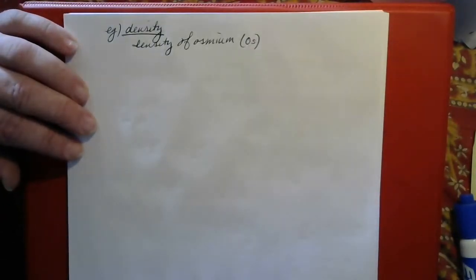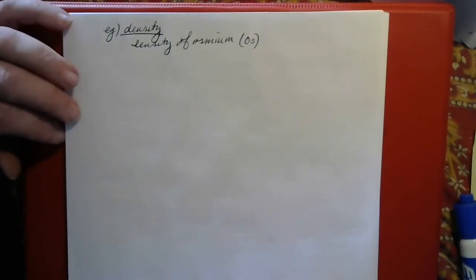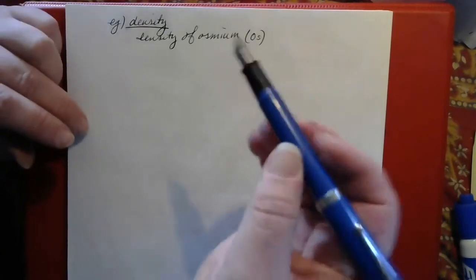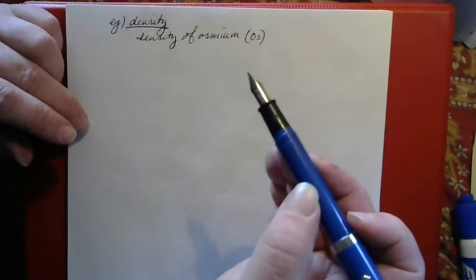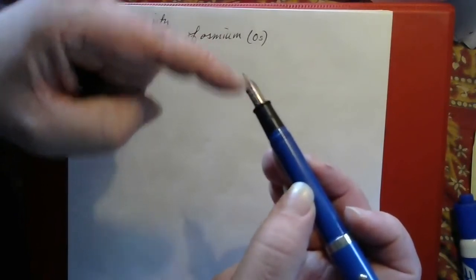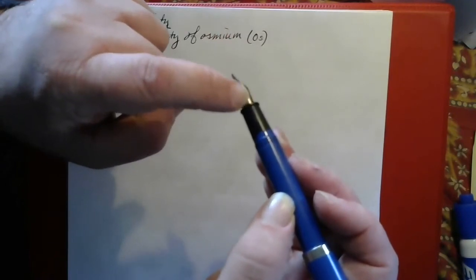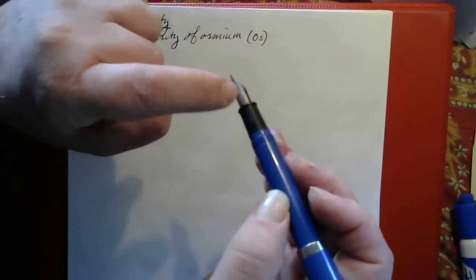And one of the few places that osmium has ever been used, because it's really hard and really stiff, is in precise situations where non-flexible metals are required, like in parts of clocks. The most common place it was probably used, mostly in the past, was in the tip of fountain pens. So, this type of pen here that has the liquid ink that flows through and comes out the tip, at least for most of the older ones, and a lot of the newer ones too, this tip here was made